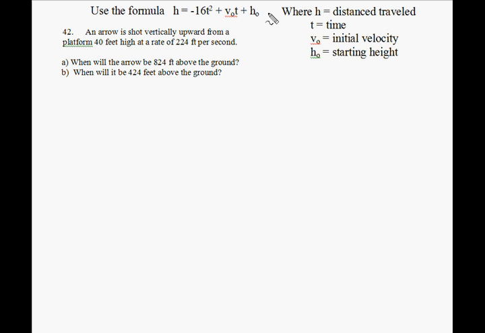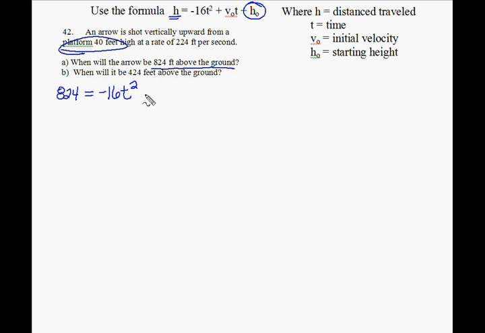Here's another example using that formula that represents the path that an object will take when it's thrown or shot. An arrow is shot vertically upward from a platform 400 feet high at a rate of 224 feet per second. When will the arrow be 824 feet above the ground? So this height above the ground is referring to the h, whereas this platform 400 feet high is referring to the h sub naught. So filling in the values for the variables we do know, we get 824